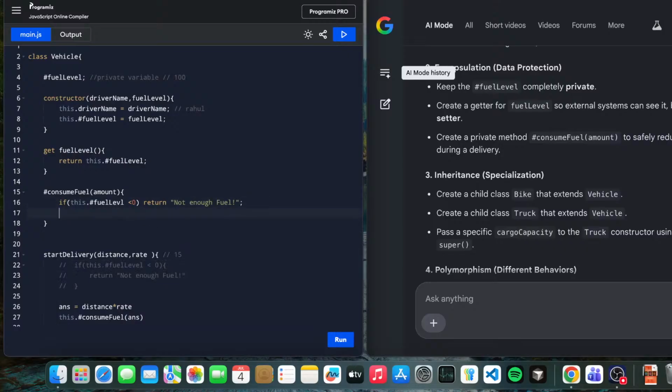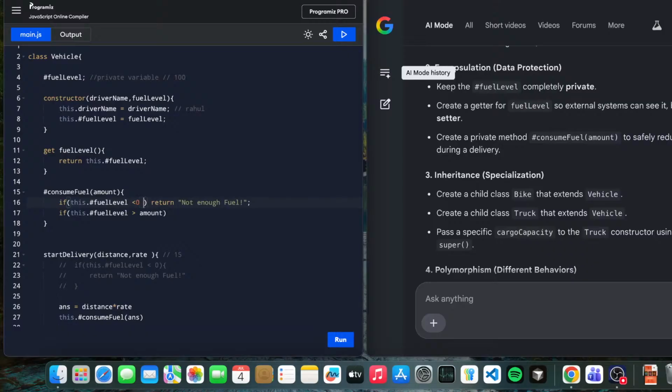If it is greater than 0, then check if this.fuelLevel is greater than or equal to, not just not equal to, because it should be greater than the amount, because then that amount of fuel level will be okay. If it is yes, first we will check it is a no. We can go with this,